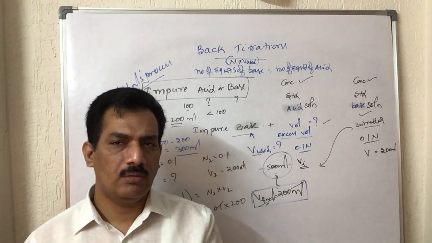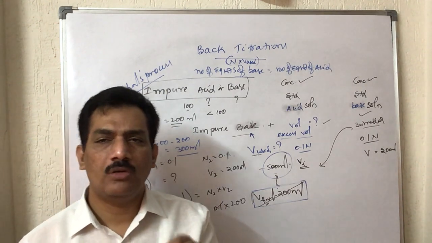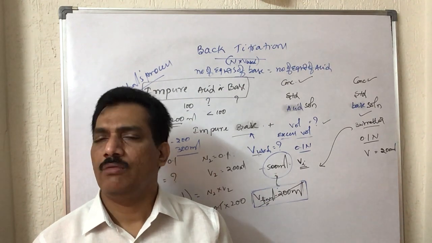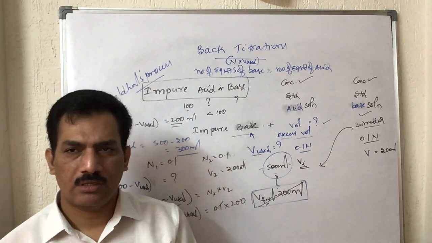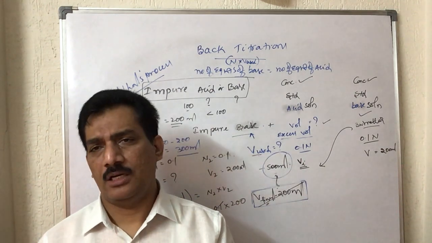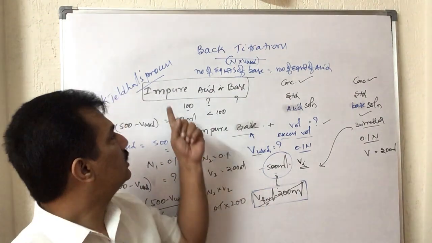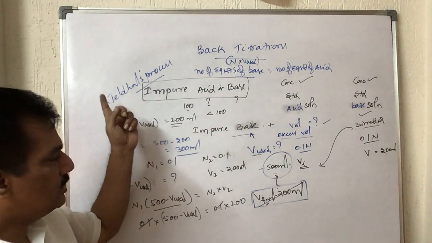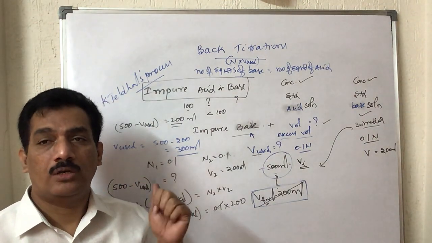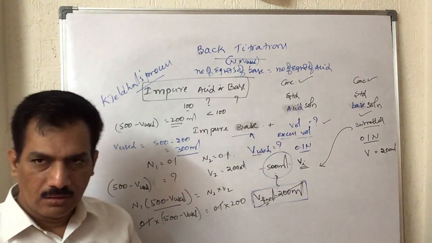From the initial volume of acid and the volume remaining at the end of the experiment, we can measure the volume of that acid used for the complete neutralization of ammonia, and from that we can calculate the number of equivalent weights of ammonia, and from that we can calculate the percentage of nitrogen present in that compound. Like that, in Kjeldahl's process, to measure the percentage of nitrogen, we are using this back titration. Just it is the outline.